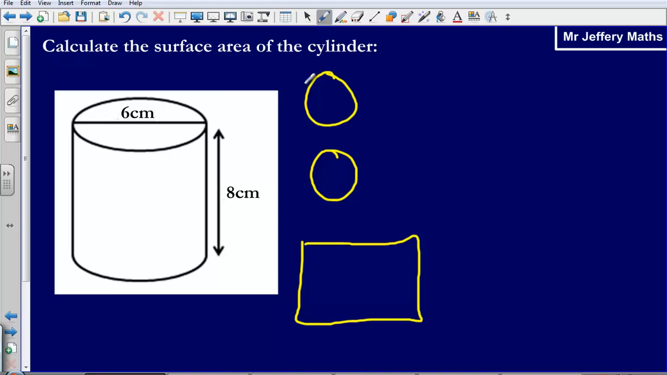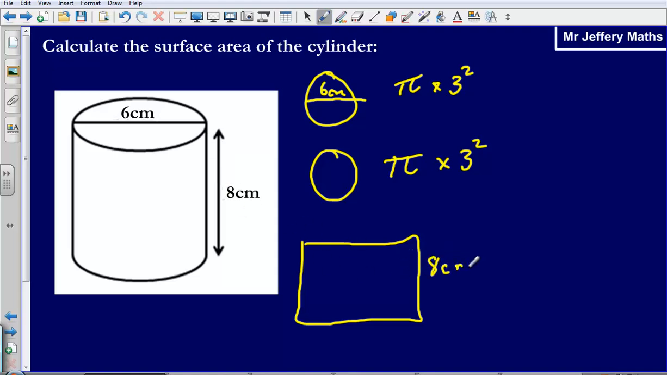Well, each of the circles has got a diameter of 6 centimetres. So to work out the area here, I need to do pi times the radius squared. So the area for this shape is going to be pi times the radius, which is 3 squared. I've got 2 of those, so I'll do exactly the same calculation again. And then for this last part, I've got a height of this rectangle is 8 centimetres, I can see that